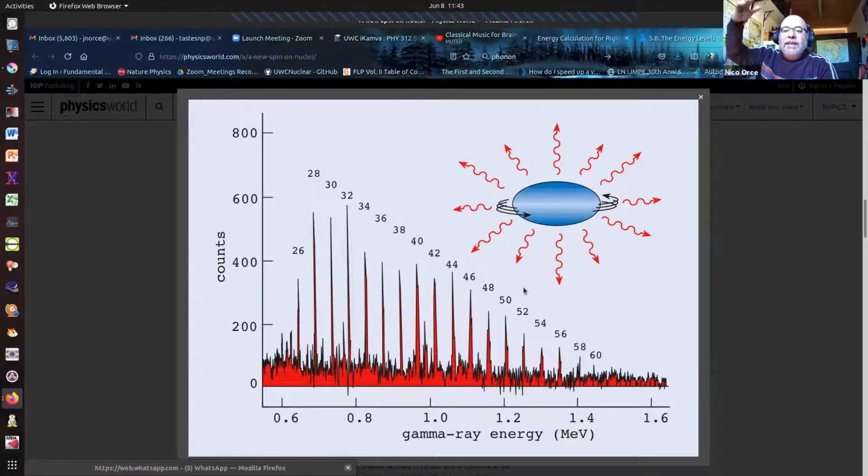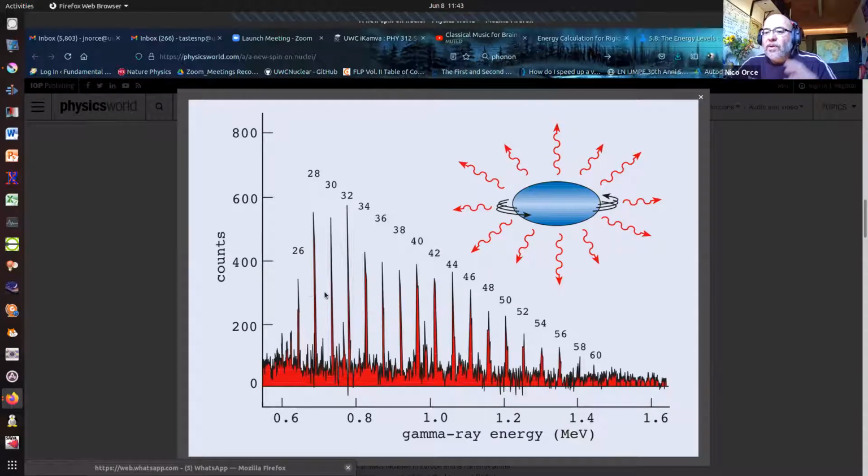It keeps being excited, and then here you go up to 60. So you have all these gamma ray energies, and you can see the particular pattern is that now it seems to have equidistant gamma ray energies,